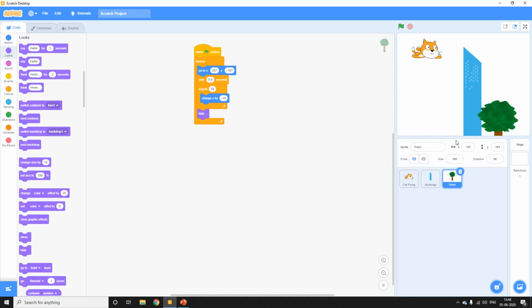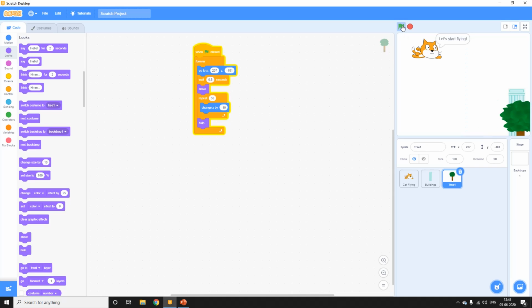It will come to this position again. Now you want your sprite to be visible again. So for that you will be using the show block, and I'll place it right here. So now you see whenever I click on the green flag, the building and the tree are not coming simultaneously. It's in a random fashion. So that looks more realistic.